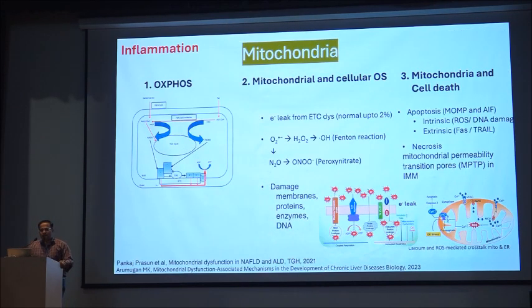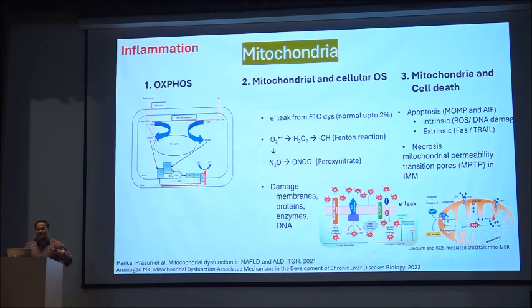So normally what happens in the mitochondria, the oxidative phosphorylation from both glycolysis and the fat will produce NADH or FADH2, that is transported through the electron transport chain. The electron transfers from higher to lower energy levels, producing ATP from ADP. During the process, the protons are exported outside from the inner mitochondrial membrane, that is taken back later. Normally, there is also about 2% loss of electrons from the mitochondria during this ETC.